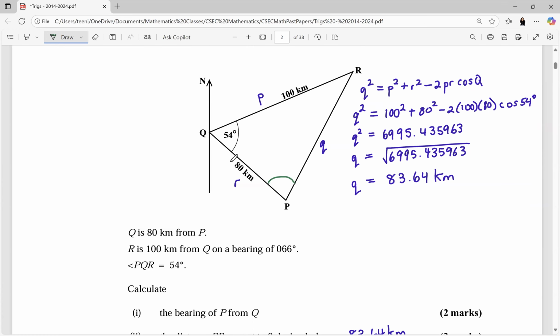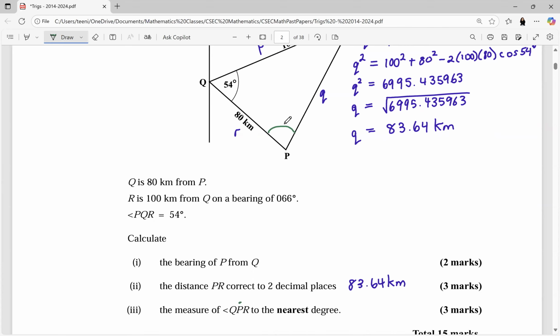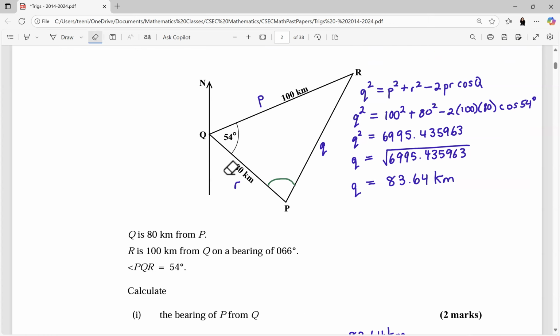So I will actually use the sine rule in this case to find the angle PQR rather than using the cosine rule, because the sine rule uses the values that they gave me, whereas with the cosine rule I would have to use one of them that I calculated. So let's just recall what the sine rule is. Now, I want to find angle P, so that means that P has to be involved in the ratio, right? So it'll be